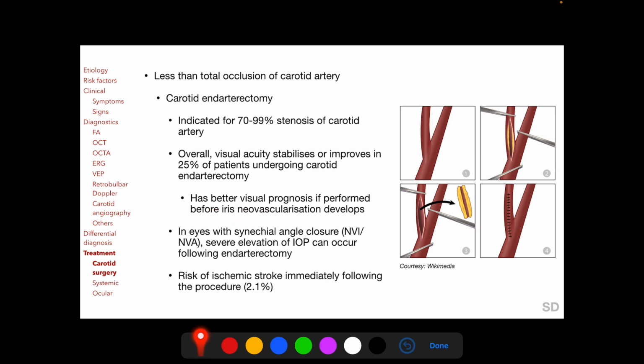And as we have mentioned earlier, in eyes with synechial angle closure from neovascularization of the angle, severe elevation of intraocular pressure can occur following carotid endarterectomy due to restoration of ciliary body perfusion, leading to increased aqueous humor production. But there is a 2% risk of ischemic stroke occurring immediately following carotid endarterectomy, and this is important